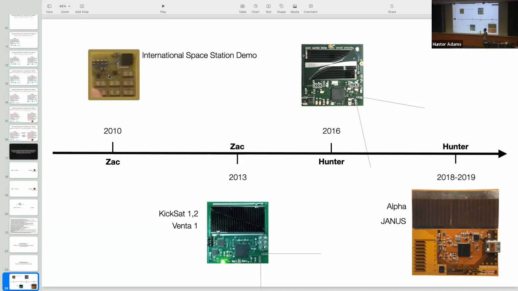And so they were stuck out on the outside for, I can't even remember how long, maybe a year, and then brought back inside by an astronaut, put back down in the capsule. They came back to the lab, we booted them up, and they all still worked, right? Which does not mean that they will always all still work, but it suggests that there's a non-zero probability of success, which is interesting. And in 2013 was the Kicksat-1 mission.